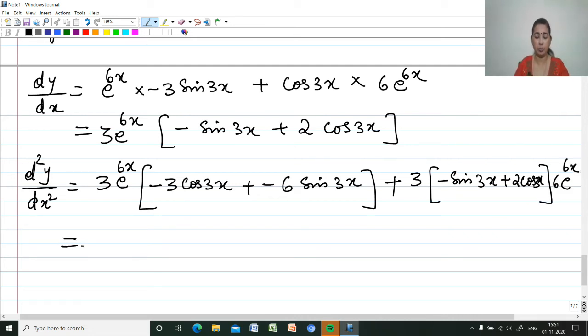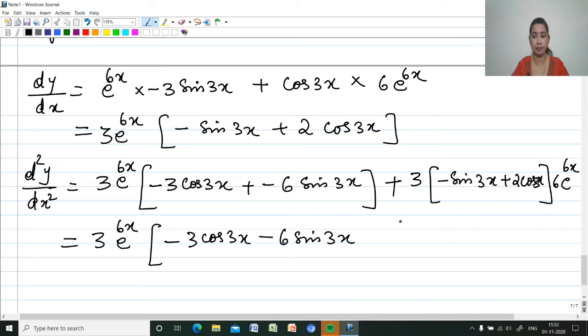Now we can take the common terms outside. Common terms here in the first term, we can open the bracket. So 3 e raised to 6x, and here also 6 e raised to 6x into 3. So that 3 e raised to 6x taking out, remaining minus 3 cos 3x minus 6 sin 3x. Then here one 3 taken out, remaining 6 is there. So minus 6 sin 3x, then plus 12 cos 3x,